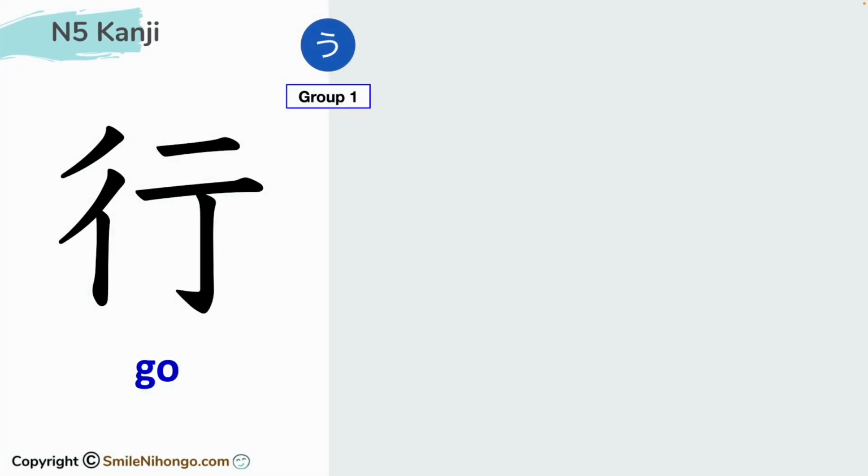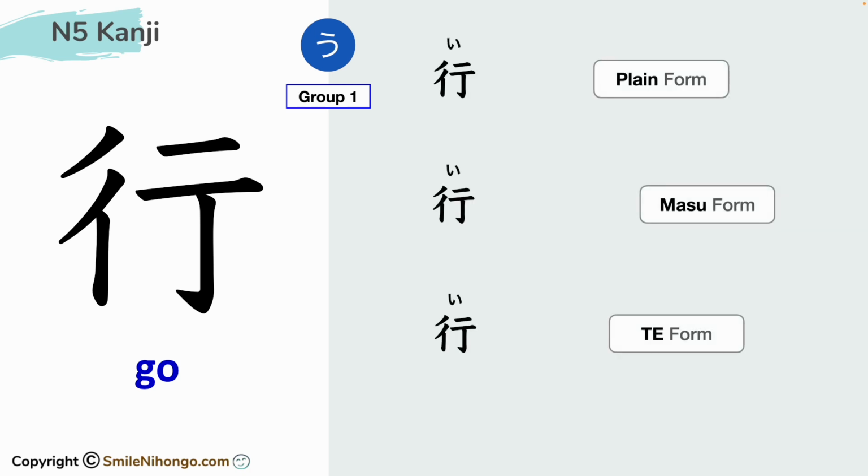最初の漢字はこれです。The first kanji is this one. This kanji means to go, and just like many other Japanese kanji, it has multiple readings assigned. But as a verb, the reading of this kanji is い。This verb is a う verb, which is group 1 verb in some textbooks. And this is how you conjugate this verb for its plain form, ます form, and て form. 行く、行きます、行って。